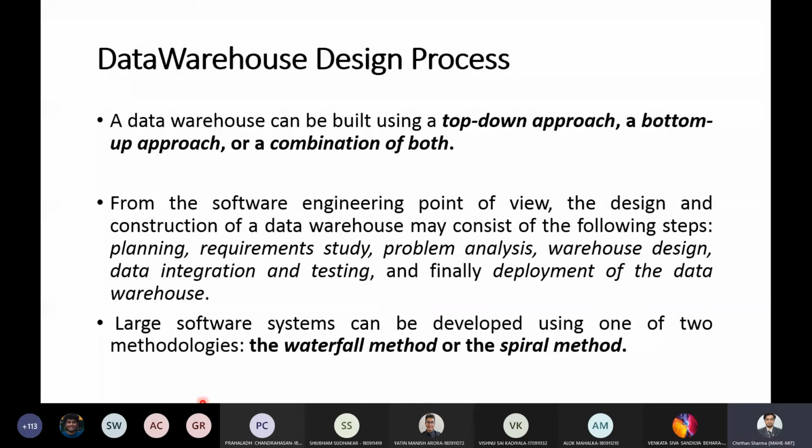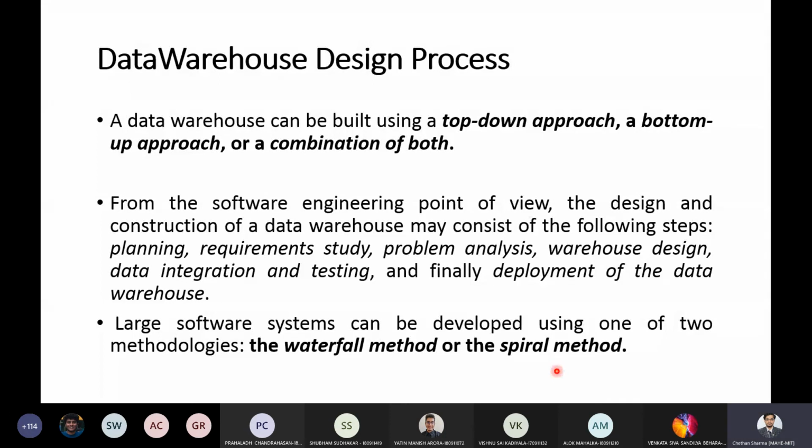And there are two methodologies by which software systems can be developed. One is the waterfall model and the other is the spiral model. I guess you would have studied these two in your software engineering course. It might be either SC or SDT, one for CC, one for IT. You might have studied either one of these.